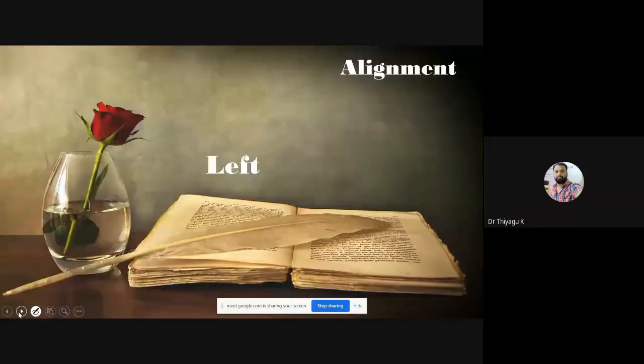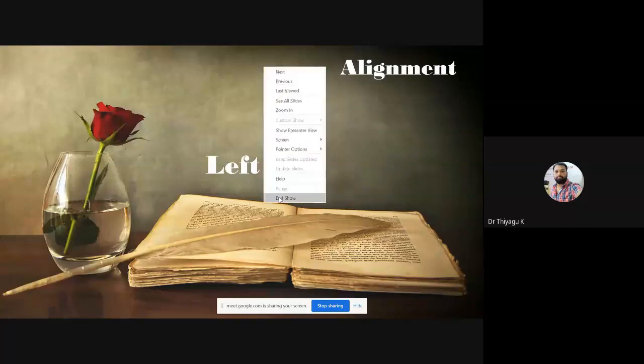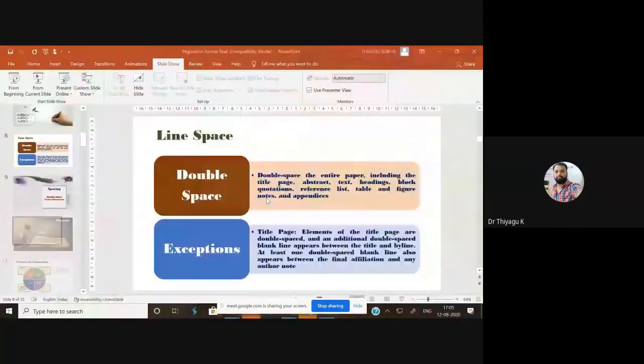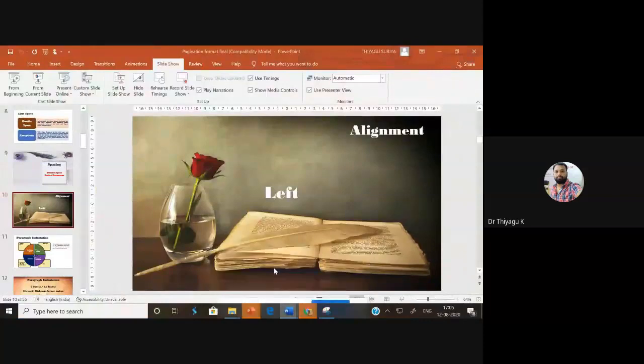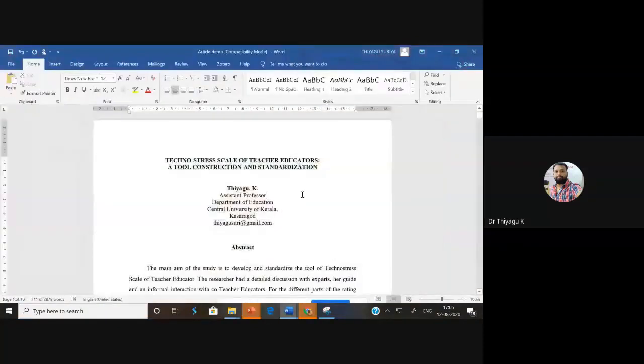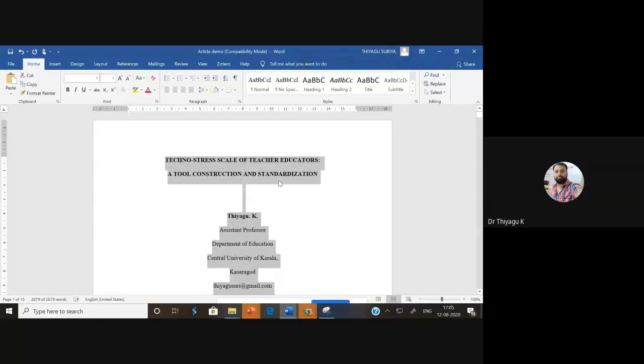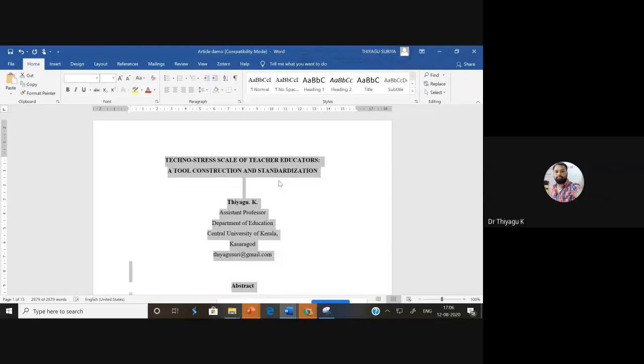Now I'm going to tell how to fix the double spaces in our Word file. I'm going to explain in what manner we have to fix them. See here, it is not double spaced, it is only one space. What I am going to do is use the shortcut Control A, which we know is select all. If I then press Control 2, whichever text you selected automatically goes to double spacing. Control 2 is the shortcut. There is also a shortcut Control 5, Control plus 5.